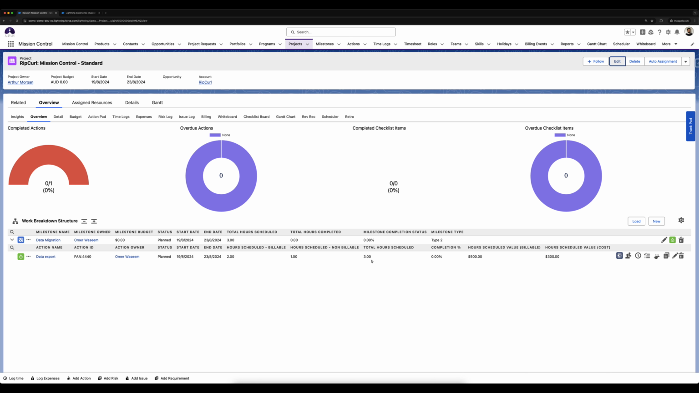So we've got 3 hours, which includes 2 hours billable and 1 hour non-billable. So that's 3 times the $100 cost hourly rate that we have, and that returns 300. So that's looking good. One other thing to keep in mind is that regardless of who's involved in the project,